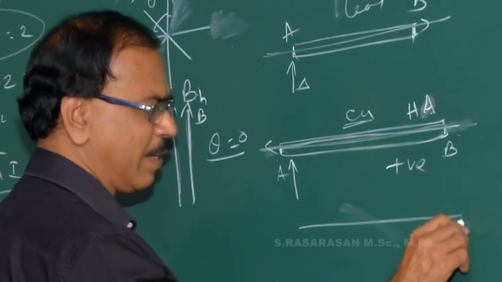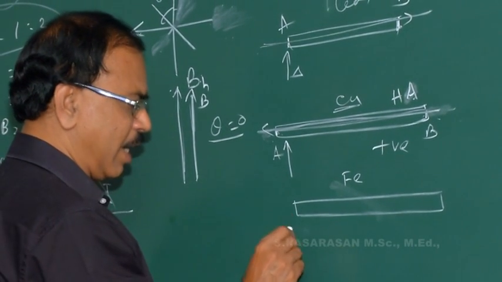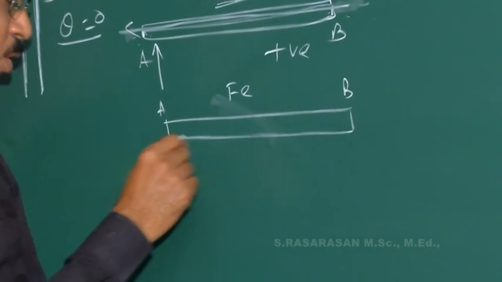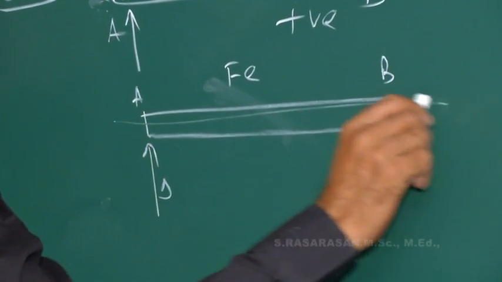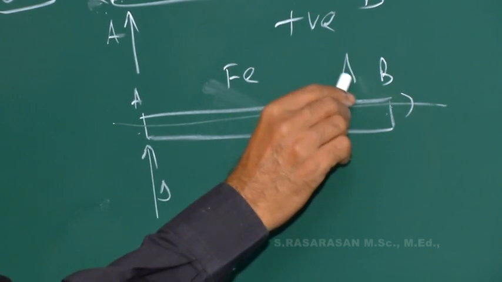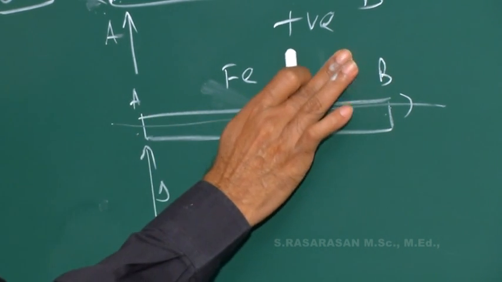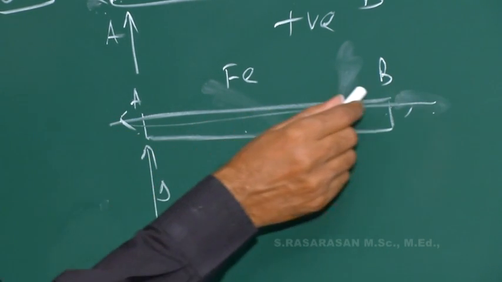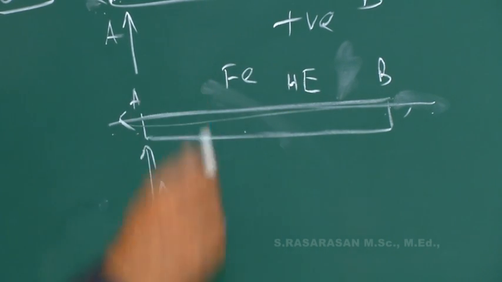Similarly, if you consider another rod, let it be iron. In this rod also, when end A is heated, the heat is transferred to B. So A is at higher temperature, B is at lower temperature. When we allow the current to flow from A to B, higher temperature to lower temperature, the heat is absorbed in the rod, called negative Thomson effect. Or in other words, when you allow the current from B to A, that means lower temperature to higher temperature, the heat is evolved. This is opposite.